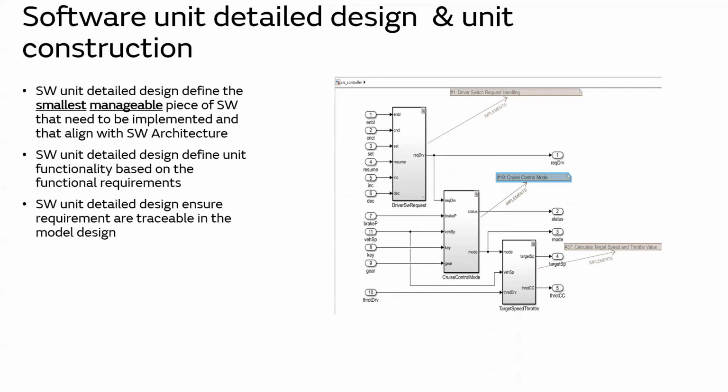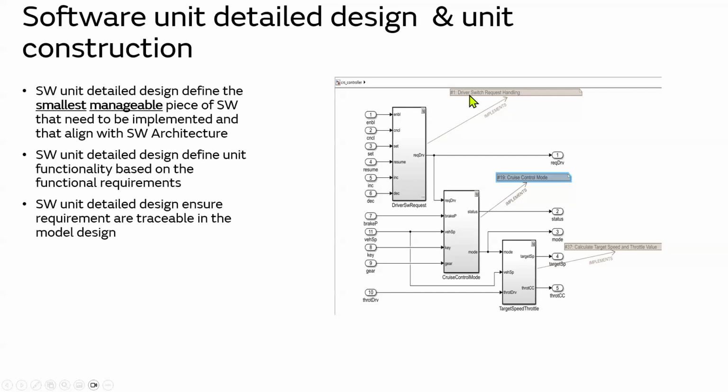If you remember, early in the presentation I mentioned having a tool which talks to other tools. So this requirement could be exported or imported into Simulink from another tool, and you do the linkage. What you're trying to say is that this software unit detail design